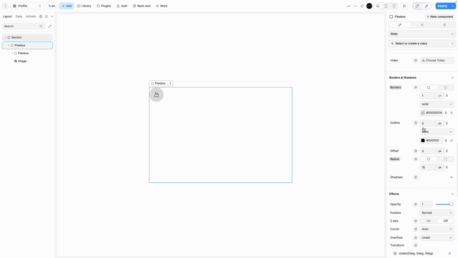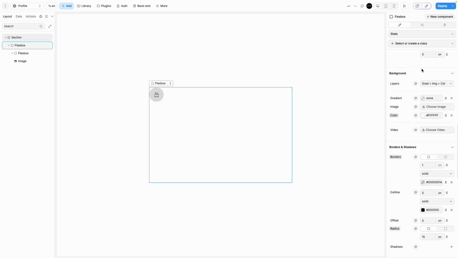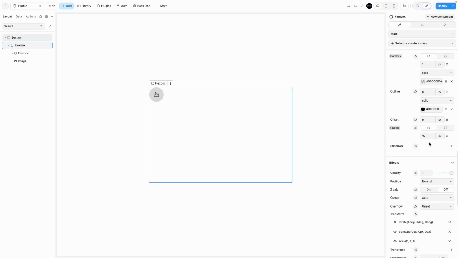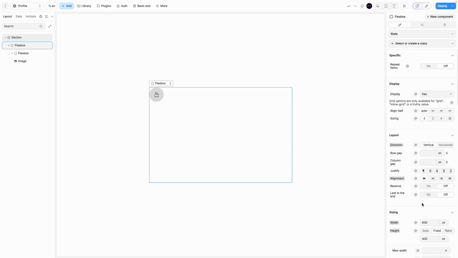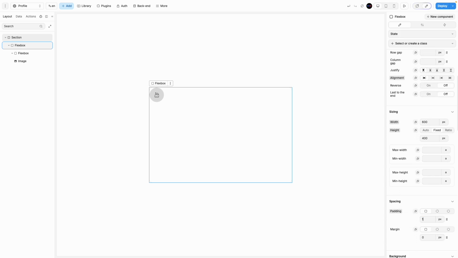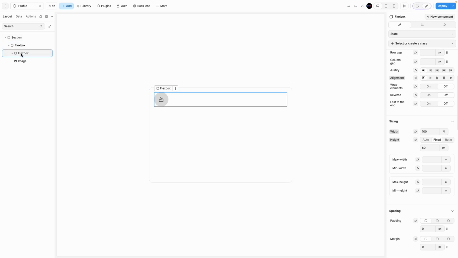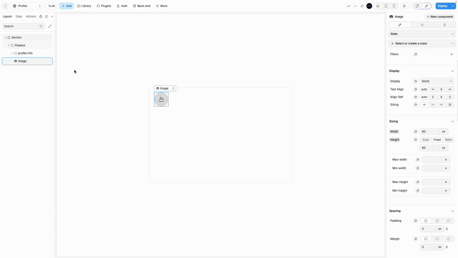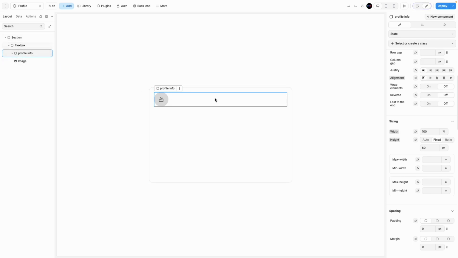Okay, let me add a padding inside the parent section, 20, and then inside this one, profile info, this layer, and inside it there's the image, and I can add a padding here as well,